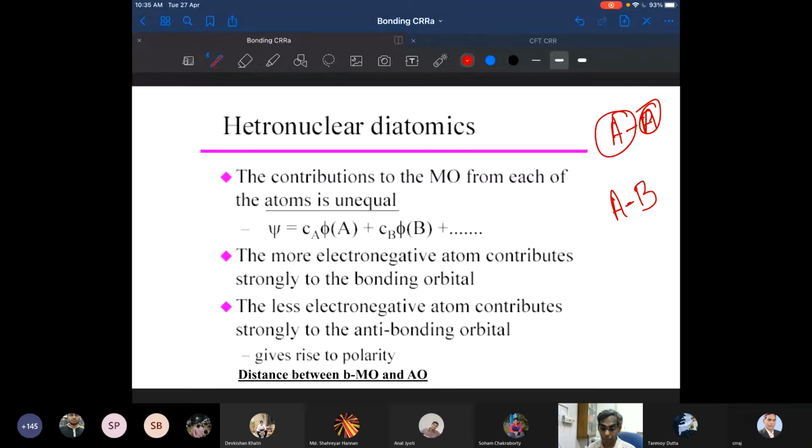We are going to simply see an MO diagram. This is a heteronuclear diatomic, and how this MO can be made, how the overlap takes place. Again, the fundamental principle, the linear combination of atomic orbitals, remains the same. But here, if the energy between the atomic orbitals of A and B is too large, you will not have any effective overlap. So there won't be any molecule AB, right?